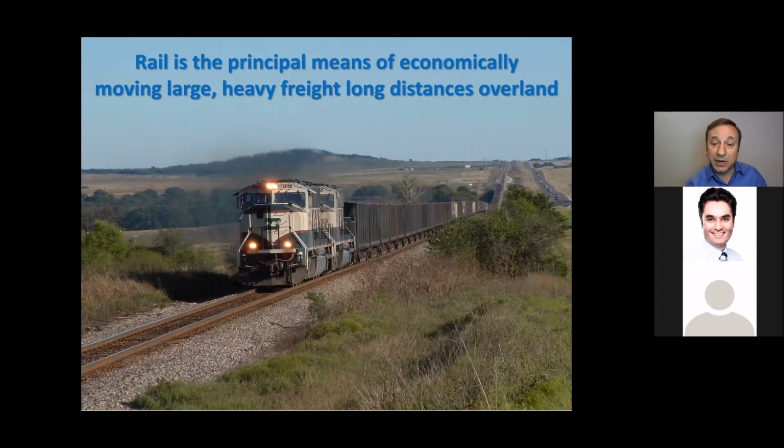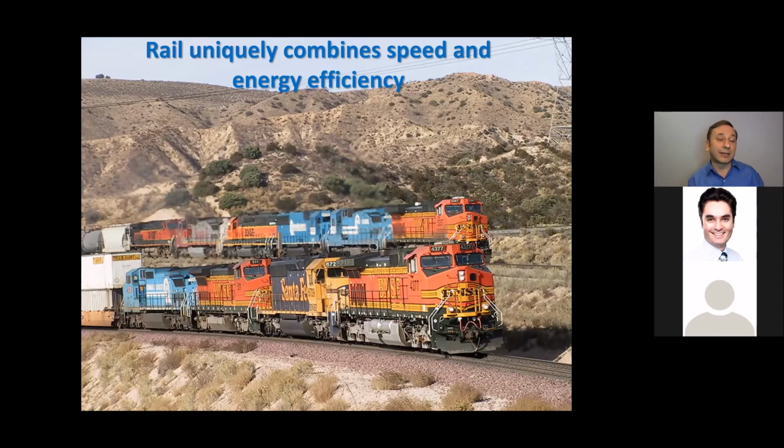You see a typical unit train carrying coal from the west to the east, in this case in the US. With that function, rail has the speed and energy efficiency for carrying large and heavy loads. In addition to unit trains, we have oil trains these days, as well as intermodal cars that you see carried. And with that, what I'd like to mention is that, with Australia, probably the United States is coming as the second